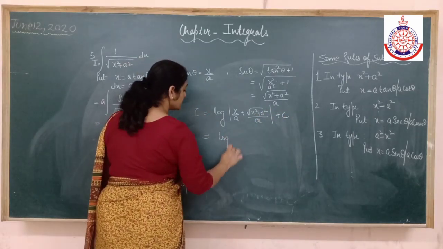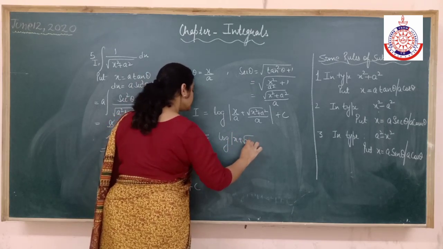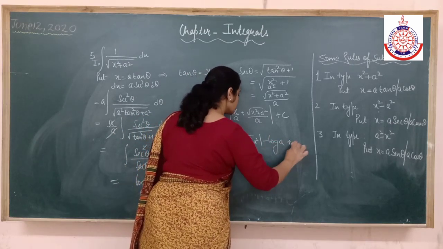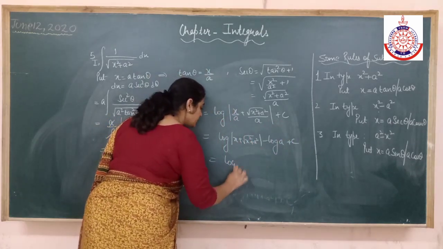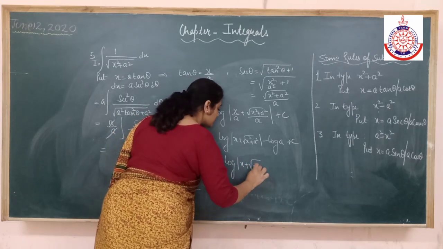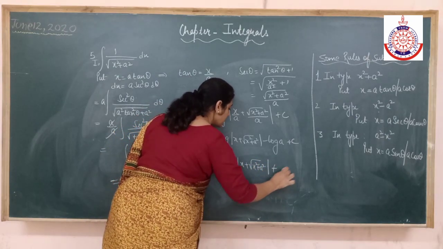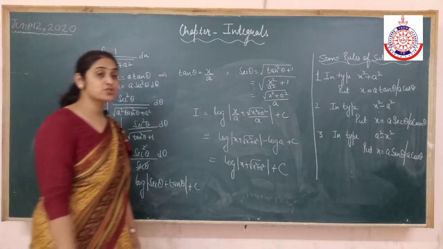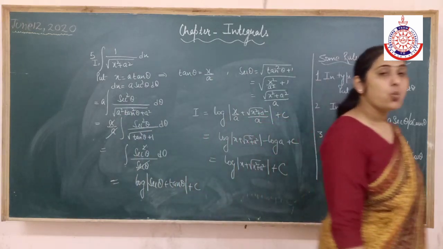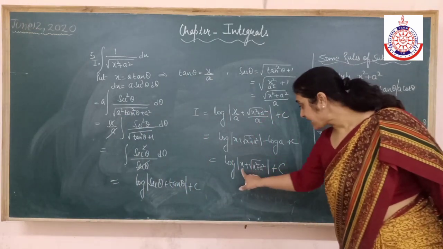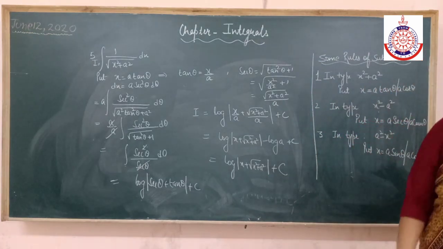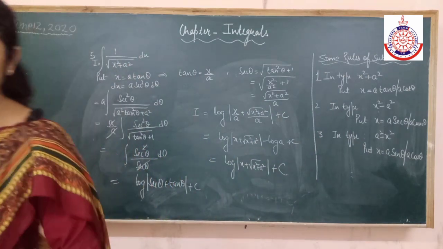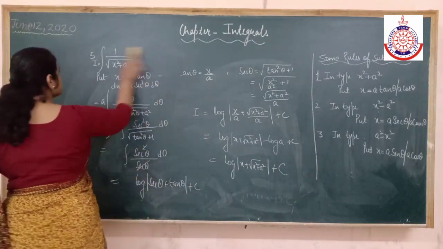Again the same thing, applying the rule of log. Log A will be adjusted with C because that's a constant. Constant minus constant or constant plus constant is constant. So log of, that means 1 upon under the root x square plus a square, the integration is log of x plus under root x square plus a square. Alright, the same way we will prove the sixth one, the last particular form which we did.